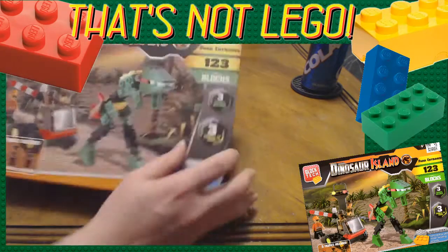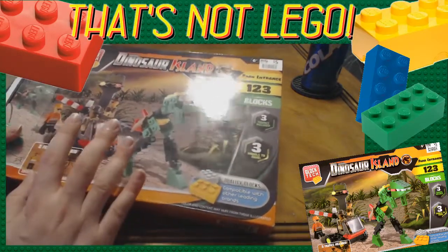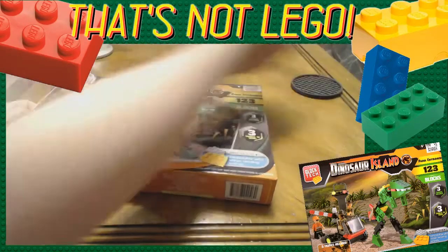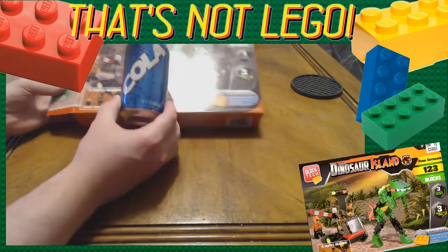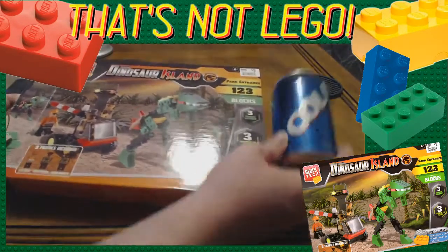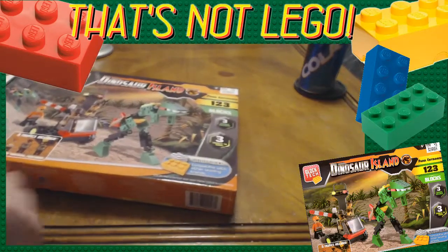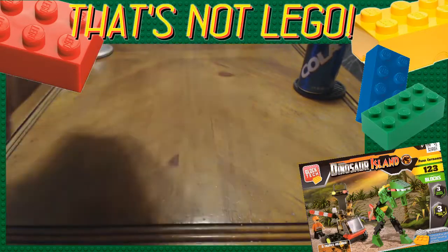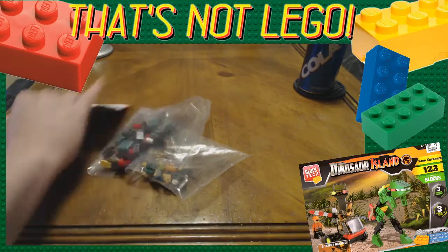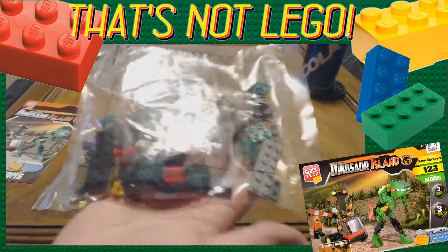Okay, so I'm going to point this out real quick because I have already opened this box. I've cut the tape on the side to get it open faster. Look at how big this box is. Like, look at this compared to this can of soda. Okay, this is how big the box is. Like, it's pretty big. So you'd be like, hey, for the size of the box, there's got to be a lot of Legos in there, right? No, you're completely wrong. It's 2 rinky-dink little bags of shit,